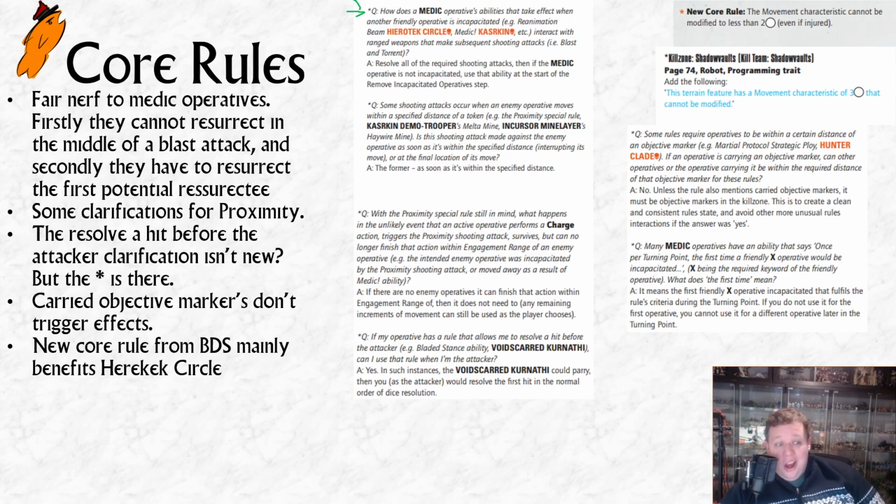So, I was certainly playing this wrong. If I had a group of models that was going to be vulnerable to a blast, the medic would tend to always be on a conceal, so they could never be the initial target of the shot. And I would then say, oh, you've initially shot this plasma gun or Euclidean vein or whoever it might be, and now I'm going to get to try and revive them with the medic, even though the blast ability might then go on to kill the medic, because to my money that was how it used to be worded. So from where I was playing it, which you might argue was wrong, but at least now we know,